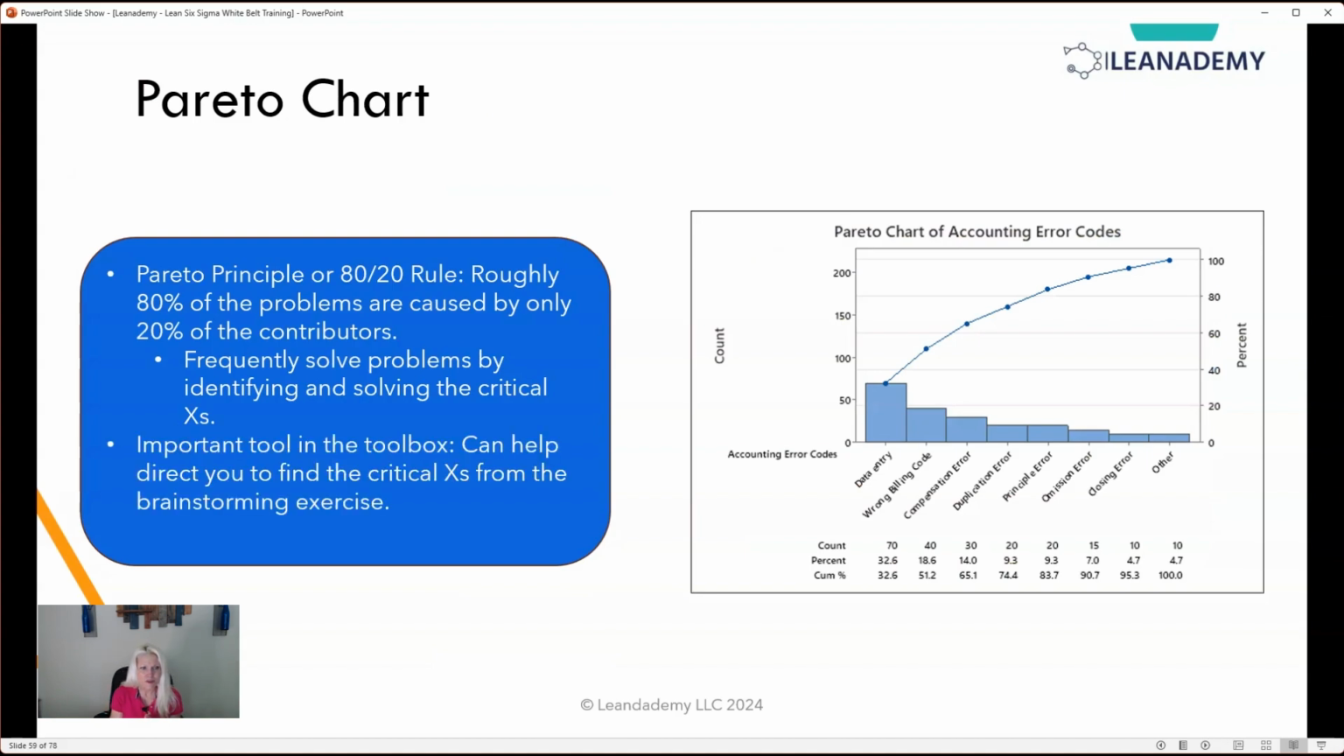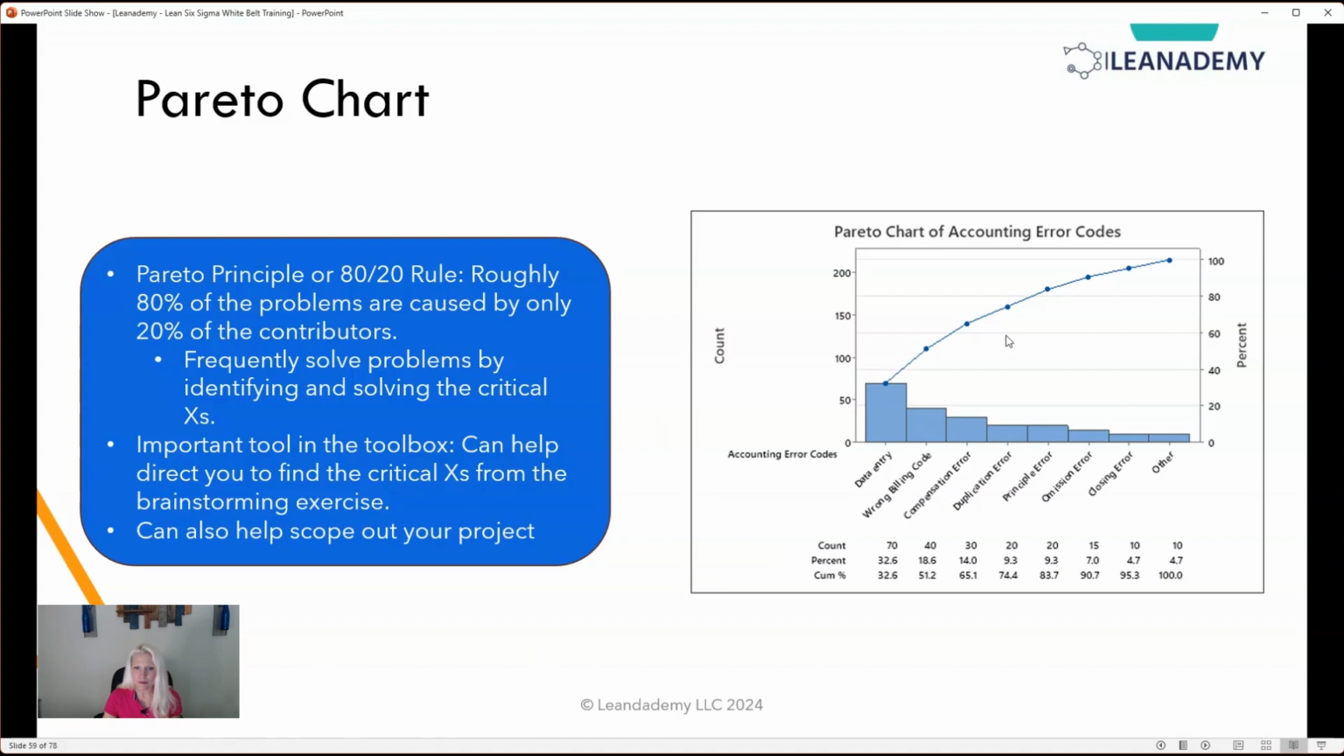It's an important tool in the toolbox because it helps direct you to find the critical X's from that brainstorming exercise. So here, for example, this one's for accounting error codes, right? So maybe as we started to look at in a fishbone diagram, we identified data entry could be an issue, wrong billing code, compensation error, duplication error, principal error, all these different errors. And what we are trying to find here is